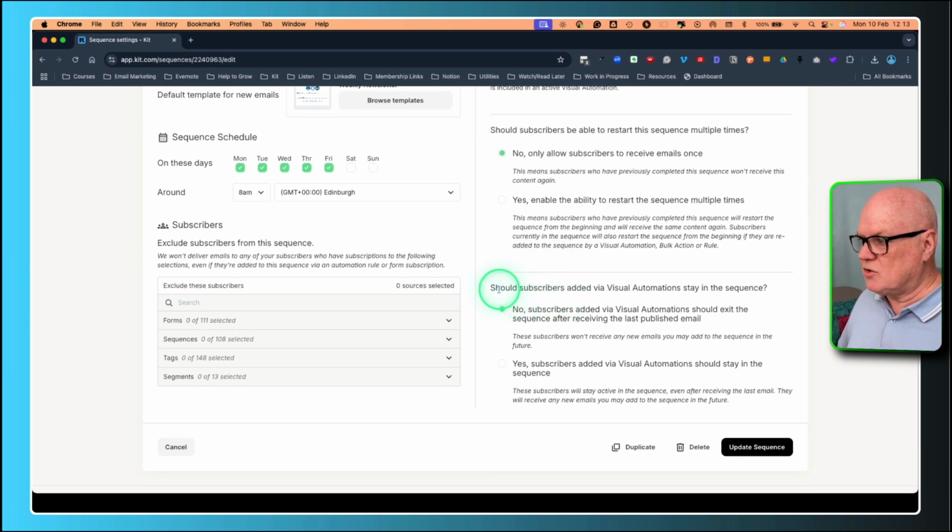And then finally, the bottom right corner, it says, should subscribers added via visual automation stay in the sequence? So this is to do with when you have a sequence that's inside the visual automation. If you're not familiar with visual automations, they are essentially a way of, as the name would suggest, automating a flow for your subscribers. That they arrive in here, they then go here, they do this, they get these emails, they get those emails. And then here, the question is, do you want them to stay inside the visual automation, inside the sequence, inside the visual automation,